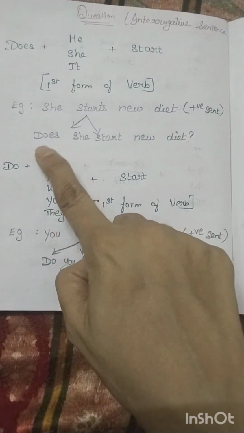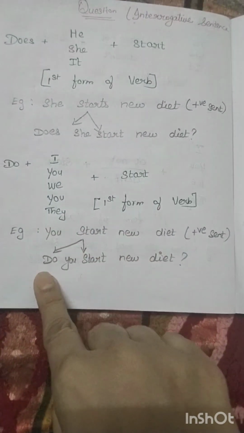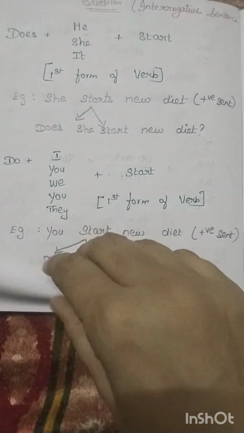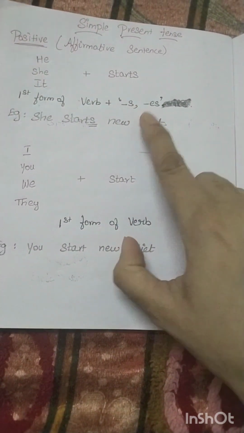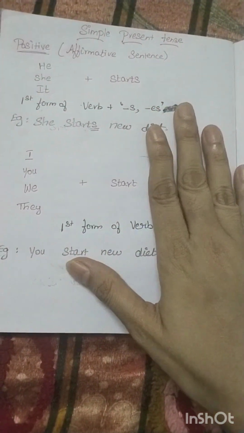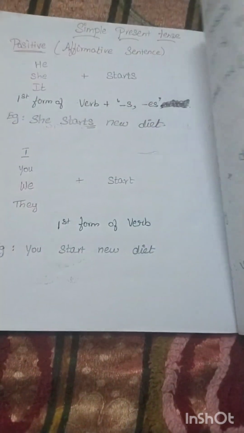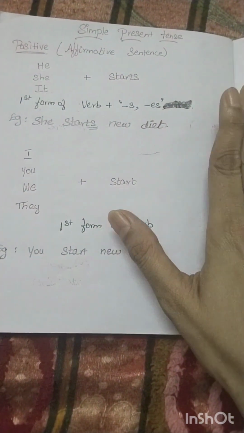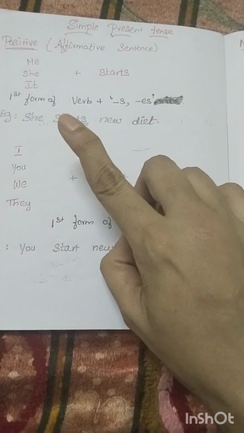In the same way, for these subjects, you will use do in the beginning of a sentence. So based on this, try to make 5 sentences on positive, negative as well as interrogative sentences. The questions which you frame, see to it that you make from the sentences you already made in simple